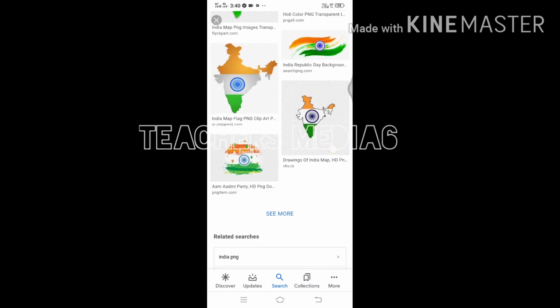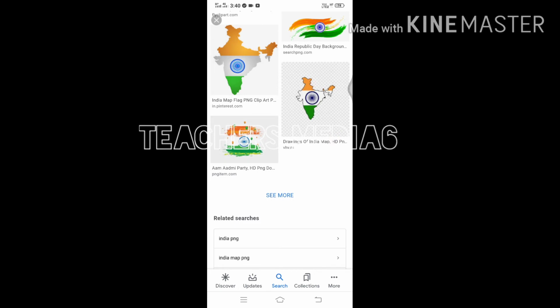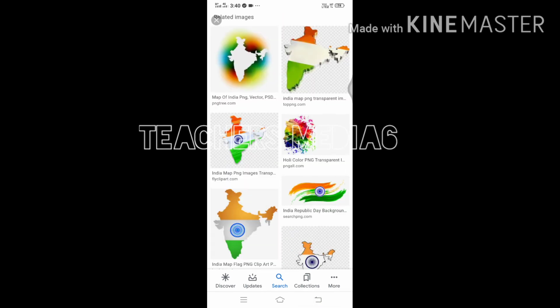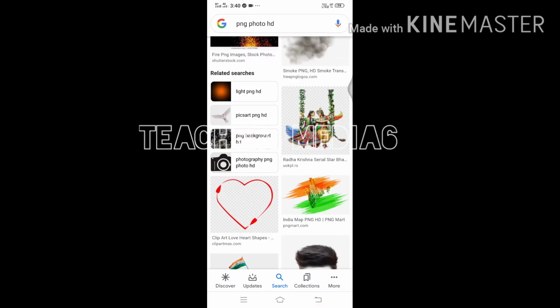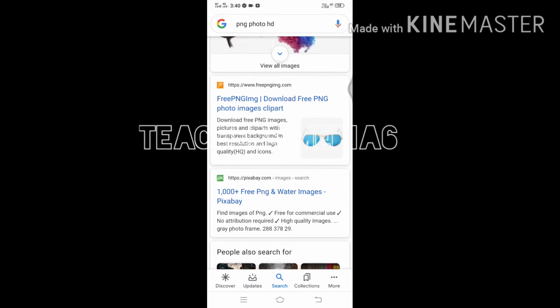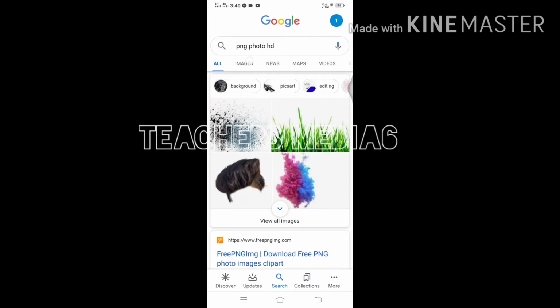So simply you can download and store it in your gallery. This is our India PNG image, and there are many images. Like that you can select and use that for your project.